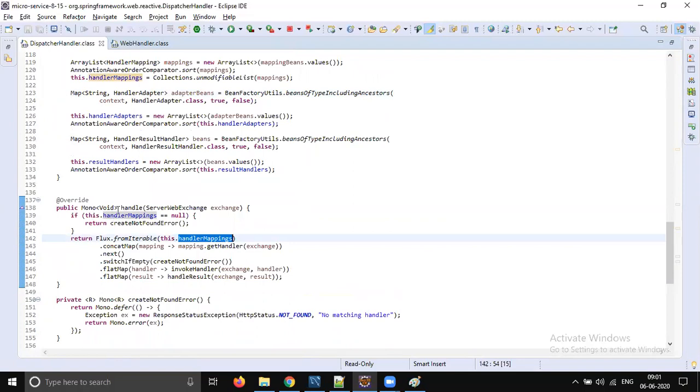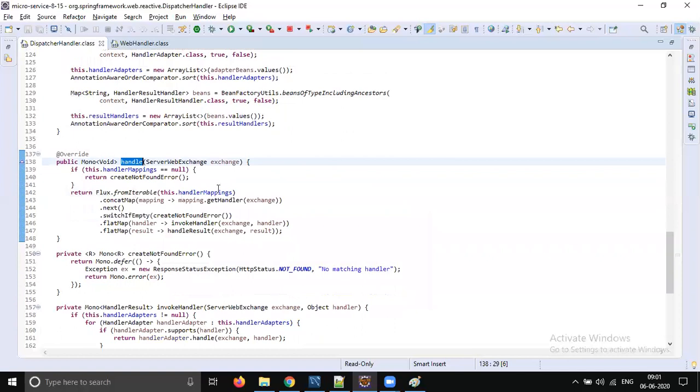So when a request comes, it gets into the handle method, and it will identify the appropriate mapping, I mean, for which request, which controller needs to be executed. That particular mapping is identified here and given to the handler.